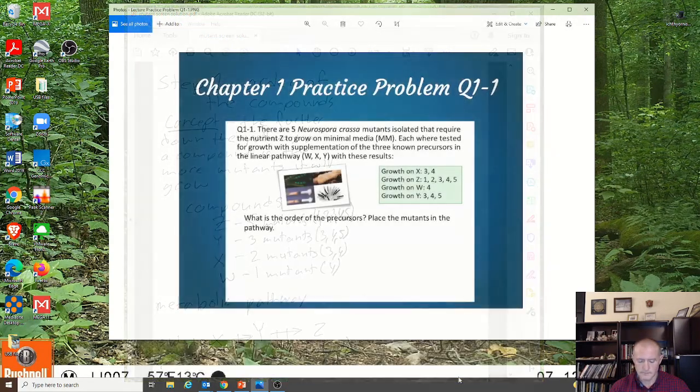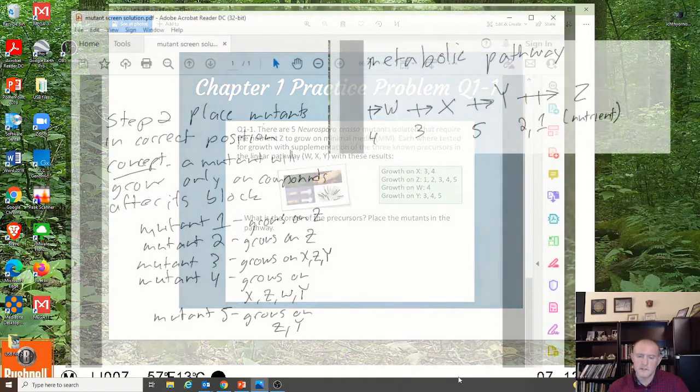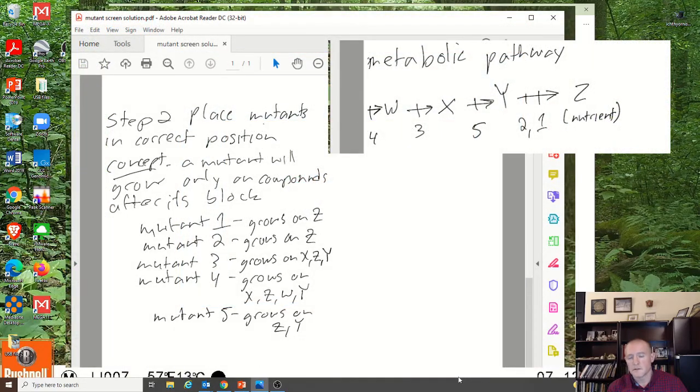Now, what is the next thing we need to do? The next thing we need to do is we have to determine in which step of this pathway does each of these mutants have a block, right? Because the block's coming from an error that knocks out one of these enzymes, right? So that step can't be done, and therefore all the subsequent molecules or compounds cannot be made, and therefore the string can't grow, right? So step 2, again, we'll write that out,